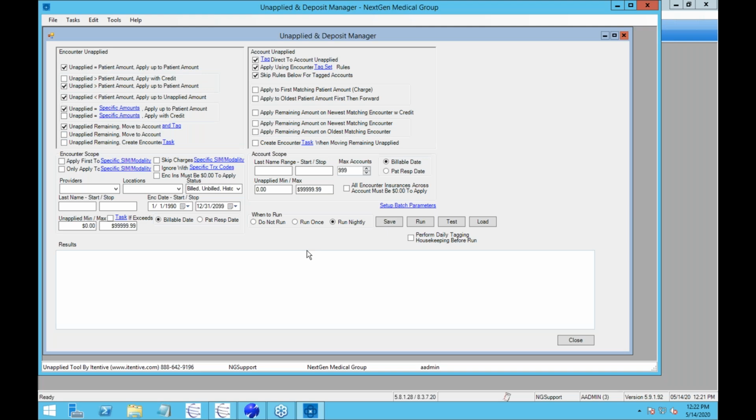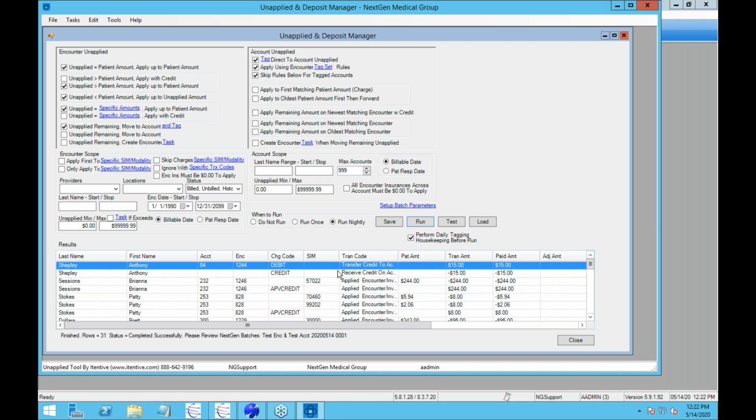Well, when you're in test mode, you can go ahead and run small amounts of unapplieds interactively. So we let you run a query that goes up to 5 minutes in length. If you're on your test system, you'd probably scope this down by specific last names and stuff. If you're in production, you'd set your rules or you'd tweak your rules. You'd say run nightly, you'd hit save, and then that job will be picked up each night when the script runs. But while you're testing, you can say, you know what, I'm going to run this interactively,